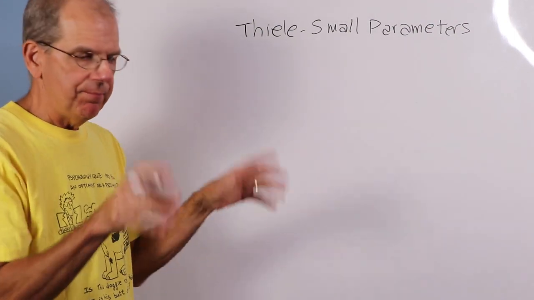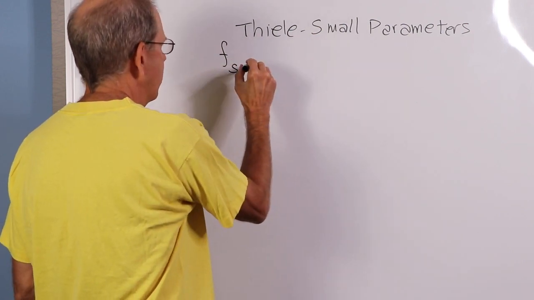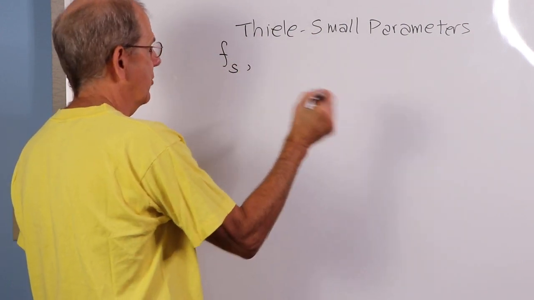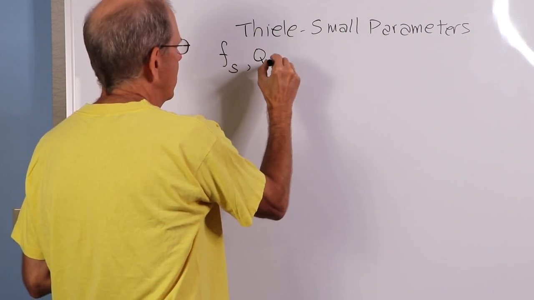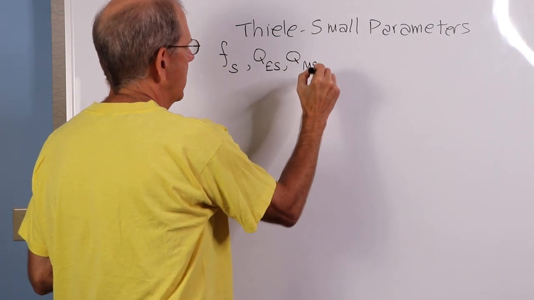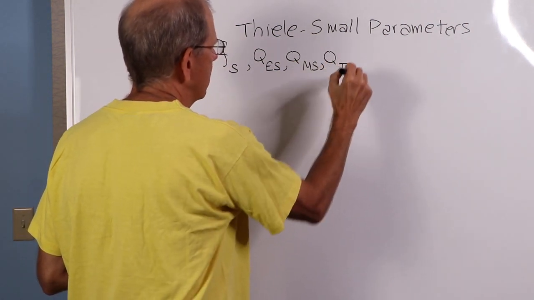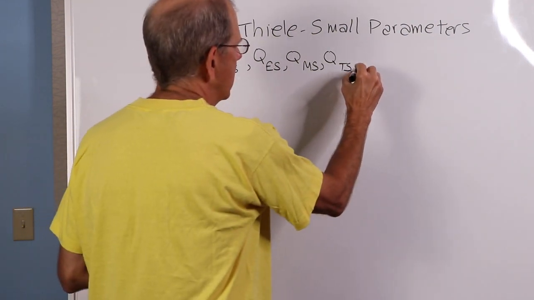So the parameters of interest include Fs, the free air resonance frequency, Qes, the electrical Q, Qms, the mechanical Q, Qts, which is the total Q, not a simple addition of these,